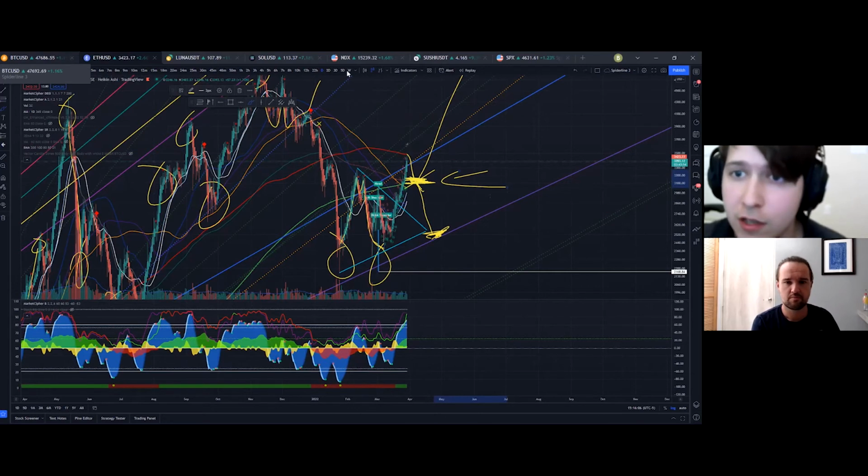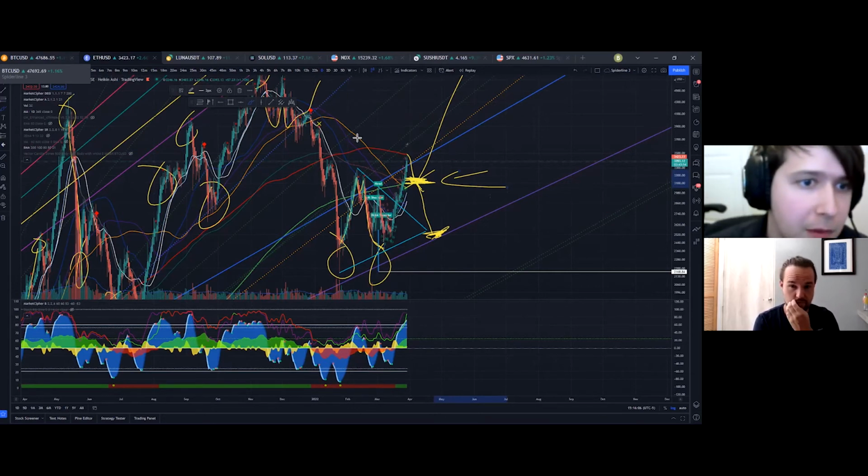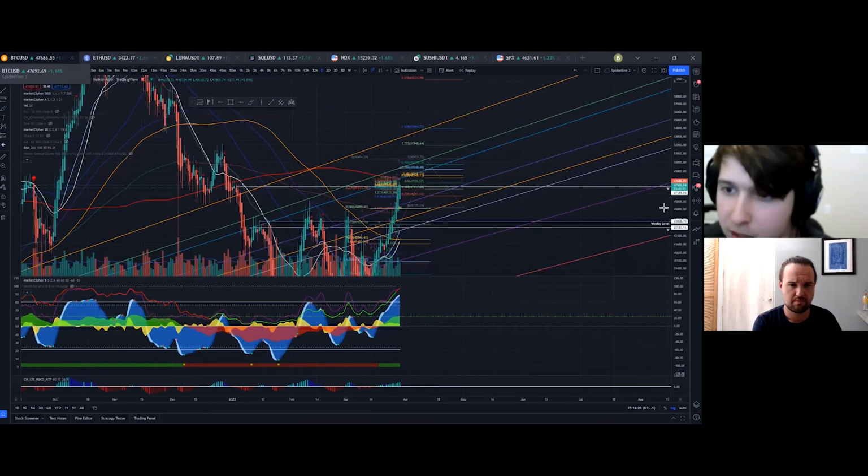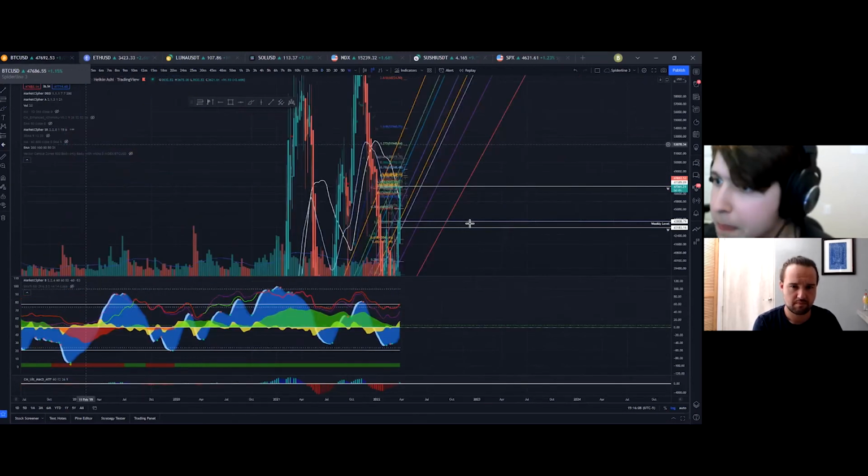Yeah, for sure. So let's switch over to Bitcoin to do that. Let me turn off everything here except for the yearly average. We get rid of my spider lines as well. So this is on the weekly. If we look at the yearly average on the weekly, that's this green line on the screen.